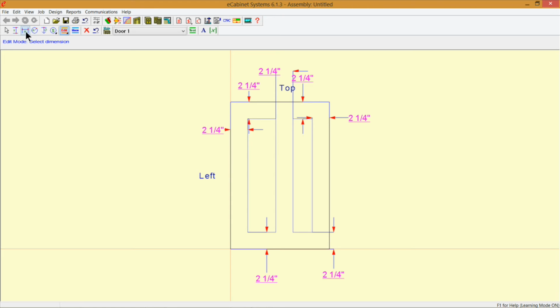So I'm going to use my horizontal constraints again. I'm going to click right here on this corner and then come all the way to the outside edge of our door. And I'm just going to place that right there. Now we need to edit that. Okay, so I'm going to click on Edit Constraint again. I'm going to select this, and I'm going to use this formula right here. It's going to be width divided by 2, okay, minus